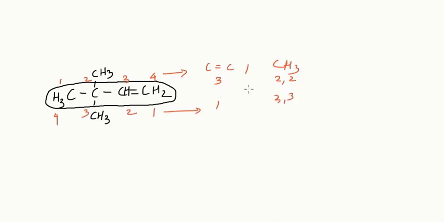As we know, we have to give the preference to the double bond. In this, the double bond is getting the least number, but in the other it's getting 3. Therefore, we won't be selecting this numbering system. We would be selecting the one in which the double bond is getting the least possible number. Therefore, the name of this compound would be